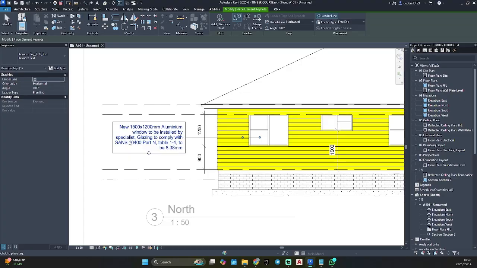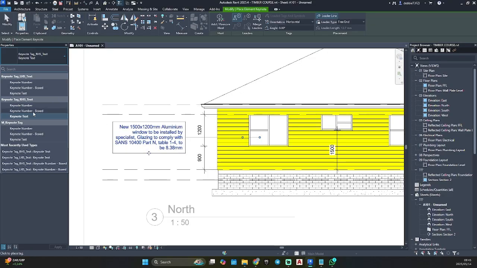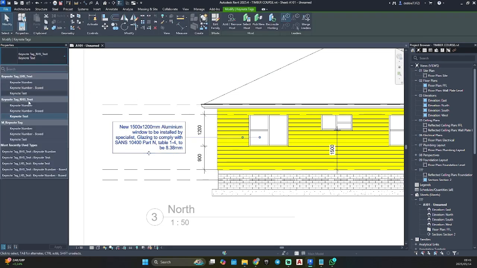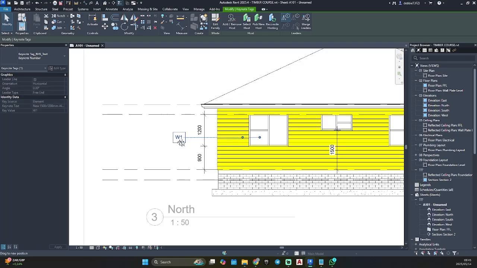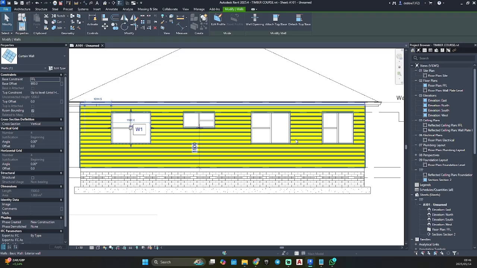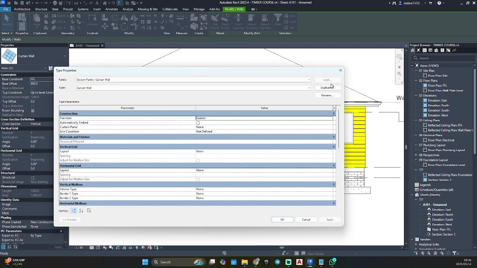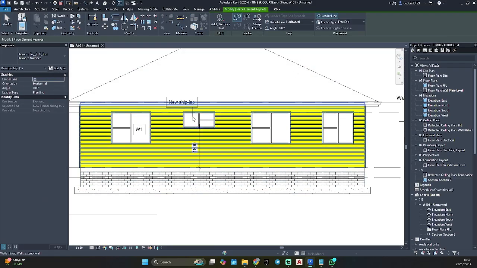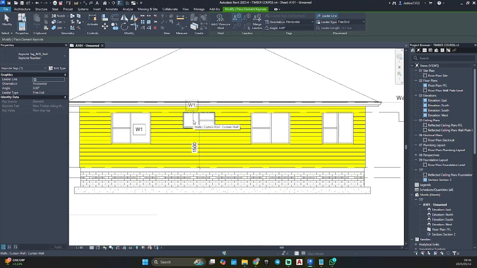So I don't want to use the text. I just want the number because that I can put there. And then take the leader line away. But now we have to duplicate this to window 1. Because why? Everything is window 1 now. Because we use the same